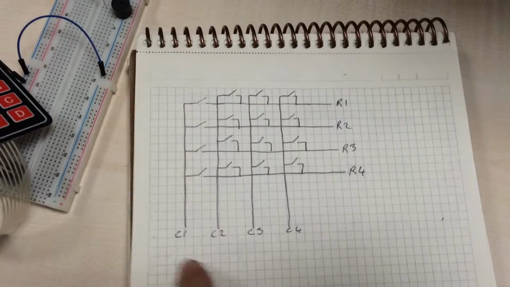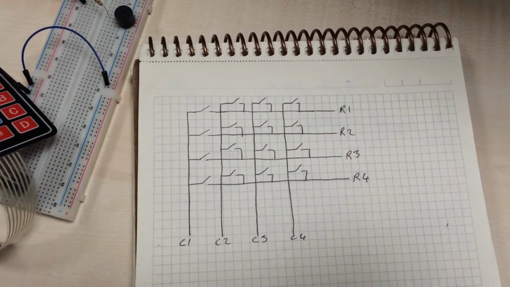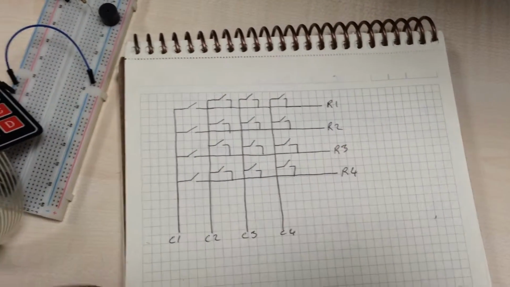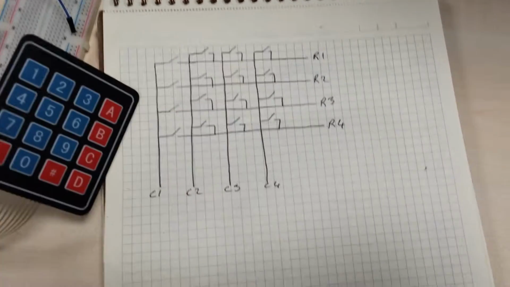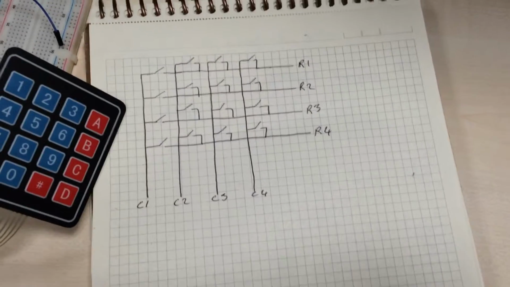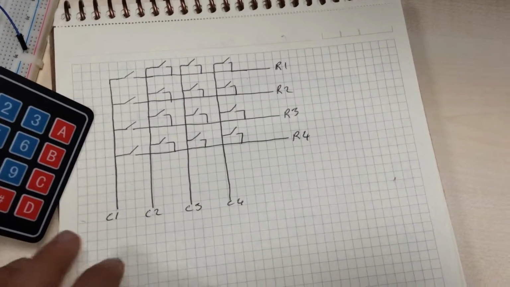We have 8 connections from the keypad, and we reach a vector which is